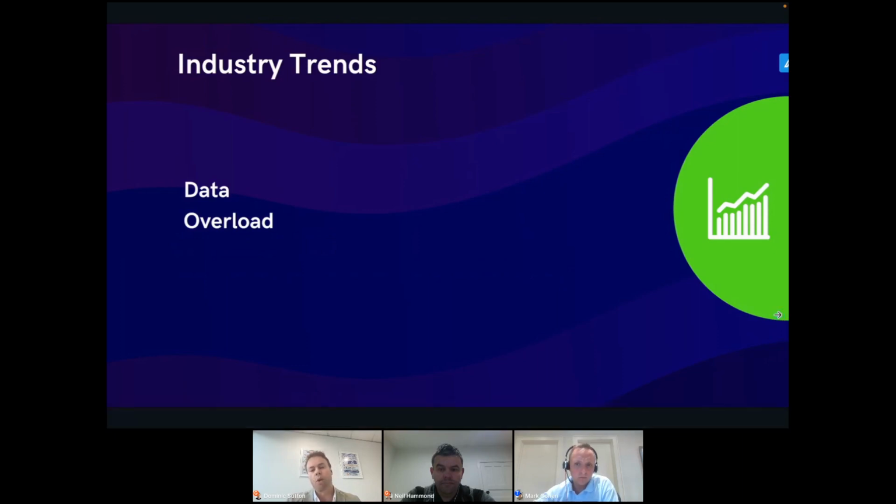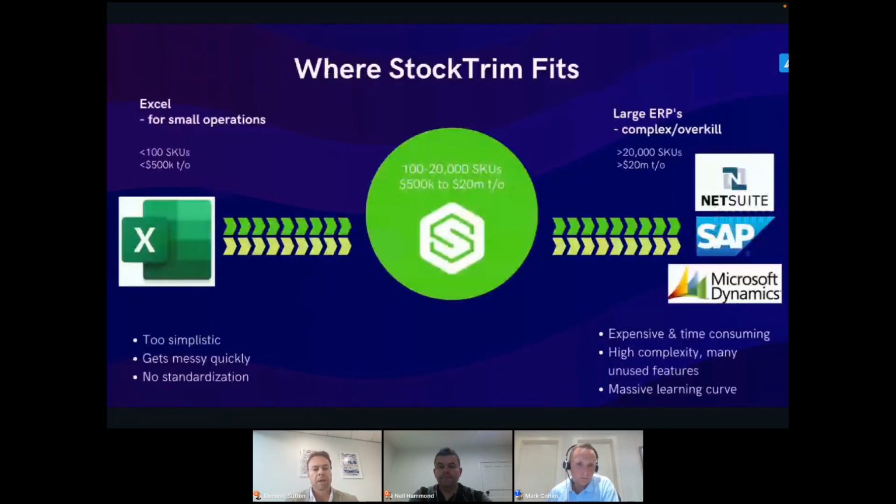So those are 4 quick industry trends. There's plenty of others. I'm sure you could think of some. I just thought I'd touch on those lightly because they sort of lean to where we're going with StockTrim. So you might ask, well, how I've explained what StockTrim does, how does it fit? Well, we saw the opportunity in this market where a lot of you may be using, especially in the early stage,